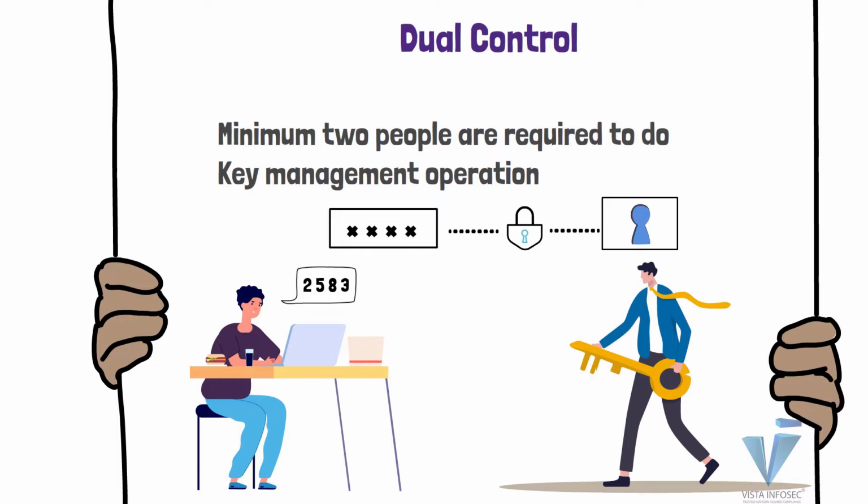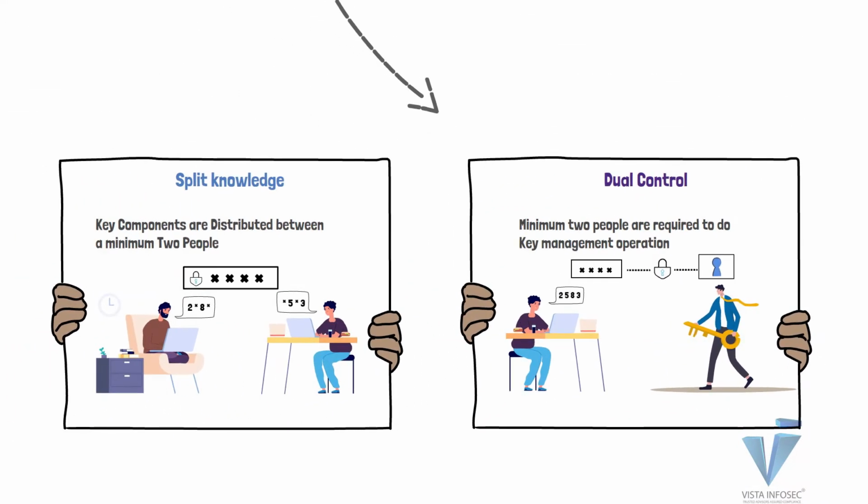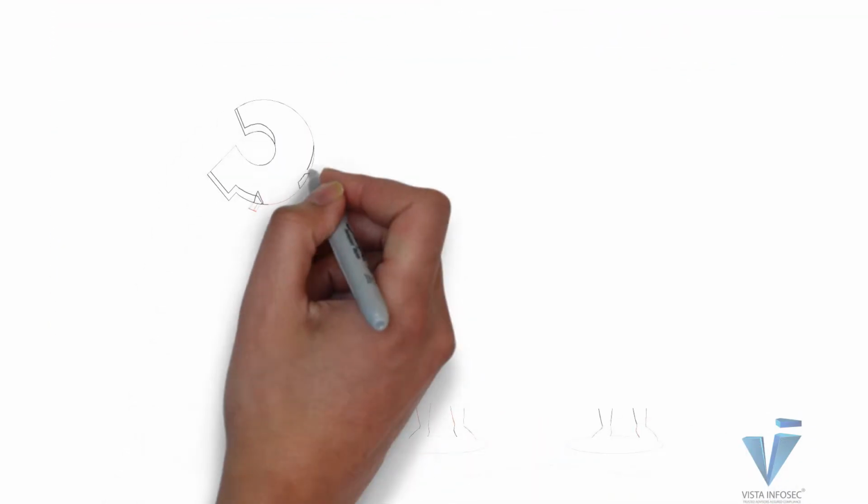So one goes with the lock, the other goes with the password in his mind. One puts in the lock, turns the key, the other puts in the password to enter the system, then one person puts in one half of the key and the other person puts in the second half of the key. So this eliminates the possibility that even if somehow one person could get both halves of the key, that key would actually be of no use. So this controls, one, that nobody has access to both halves of the key, and second, that the key management functions cannot be done without at least a minimum of two people.